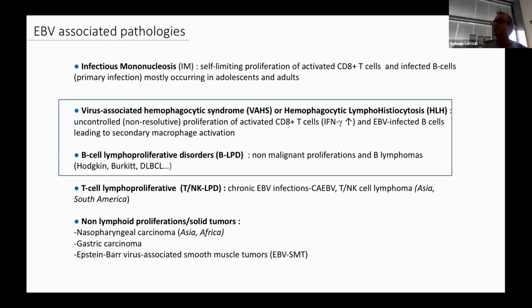In one group, these patients are highly prone to develop B-cell lymphoproliferation and B-cell lymphoma. These patients carry a gene defect impairing T-cell expansion, as you can see on the right of my slide. And in the other group of inborn errors of immunity, patients are particularly susceptible to develop EBV-driven HLH and are less prone to develop lymphoma. And these inborn errors of immunity are caused by gene defects impairing the cytotoxic